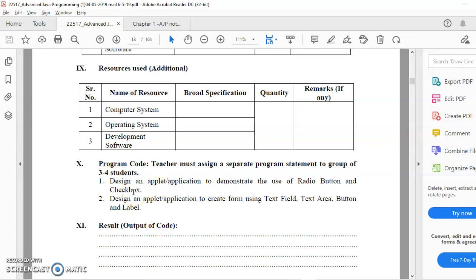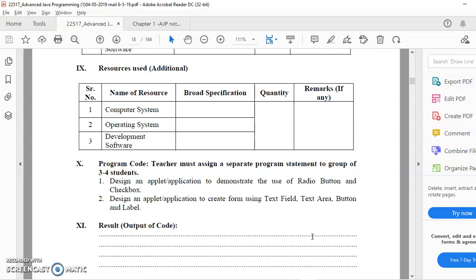Checkbox allows the user to do multiple selections, whereas radio button allows the user to do one selection. The typical example which I generally use to make a difference between checkbox and radio button is, if I am asked to enter my gender, the best control to accept this kind of input is radio button, because radio button will allow you to select only one option, either male or female, whereas the checkbox allows the user to select multiple options.